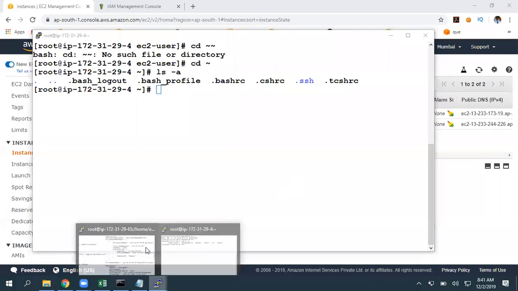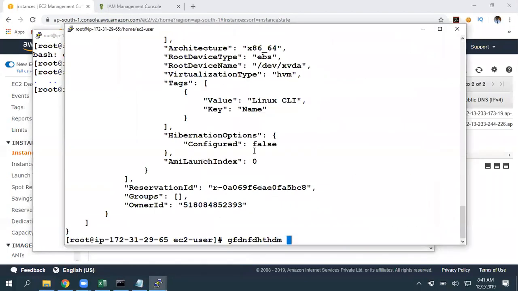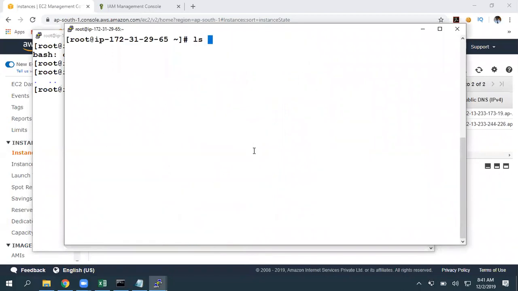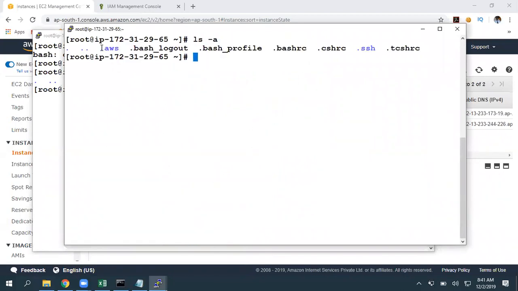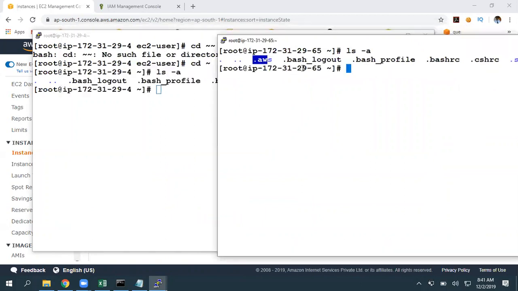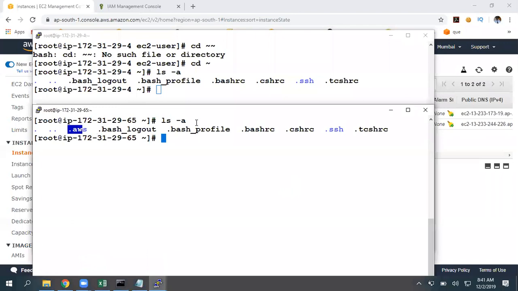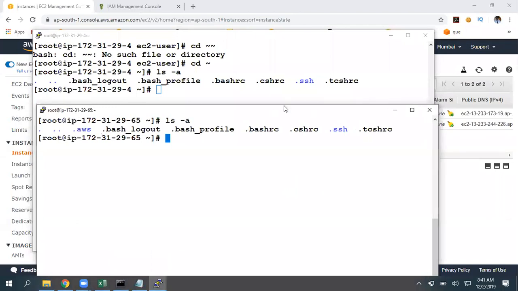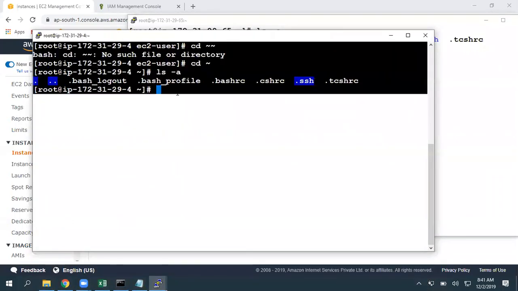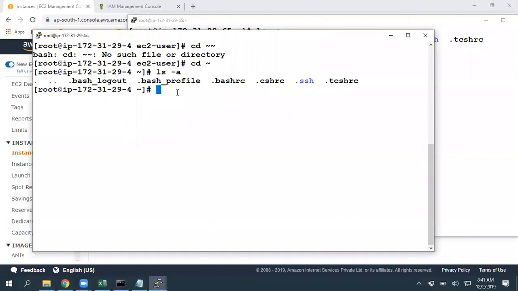But in another machine, yes, we are storing credentials. Just go to the home directory, and if you give ls -a, there we have .aws. And this is with CLI, this is with role. But here we do not have the .aws. So that means we are nowhere storing credentials in this machine, and we are able to access all the resources by using roles. So roles are always more secure compared to CLI. That is one of the common certification questions.